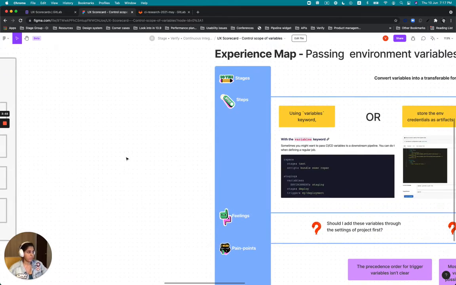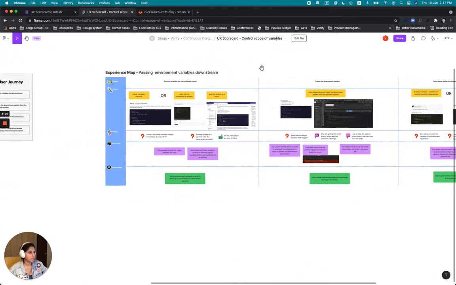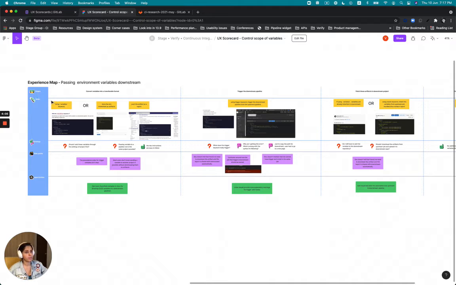Based on the exercise that we conducted, after observing our users perform the task, we were able to put together an experience map, bringing together many things. Just to name a few, we were able to record the feelings that users had by performing certain actions on the platform, and we recorded some pain points. And then finally we tried to understand how we could translate those pain points into opportunities